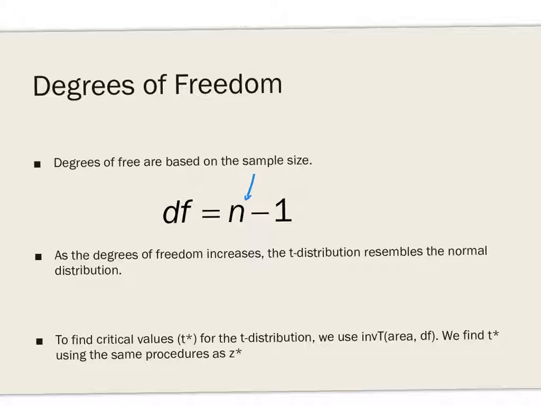As the degrees of freedom increase, the t-distribution resembles the normal distribution or the z-curve. And that's because, think about it like this. T comes from samples, smaller samples. Z is a population value. It comes from the population. The population is big and it has more values in it. So just like the t-curve or just like the z-curve, if we get more and more values about the population,